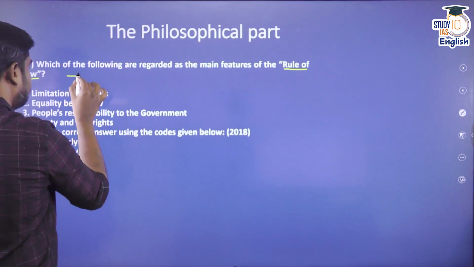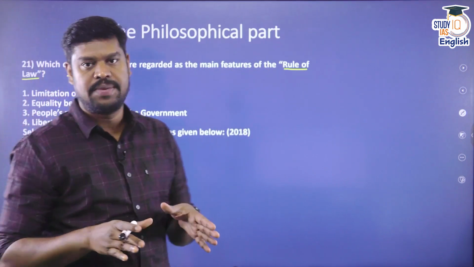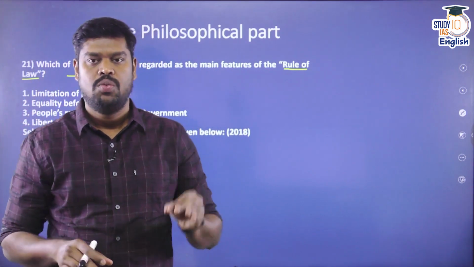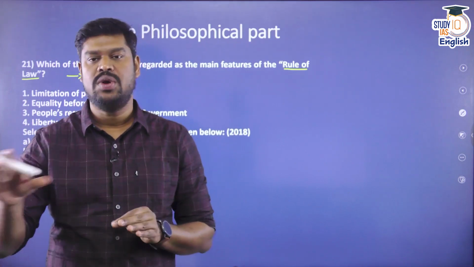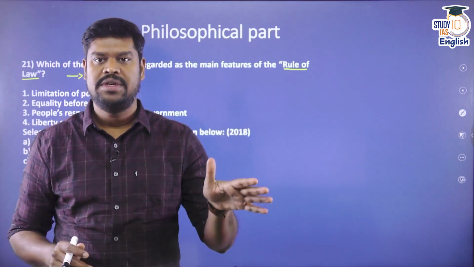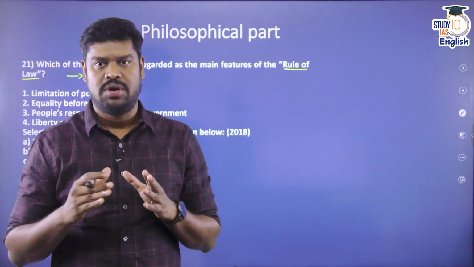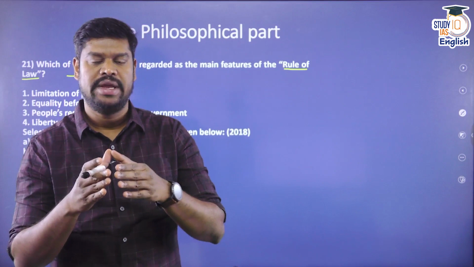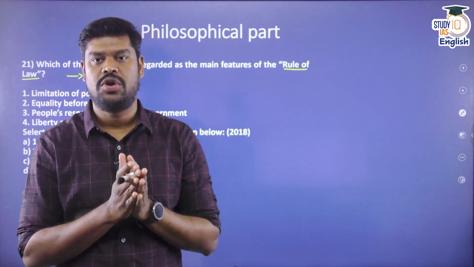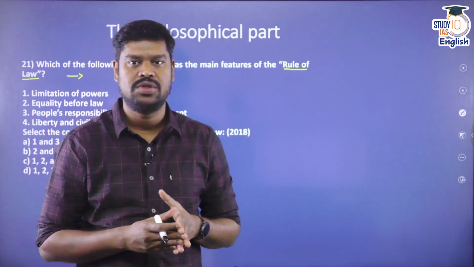What is rule of law? That means everything is governed in this particular country according to the law. Whatever the law says, that is how everything has to happen. Be it the prime minister, be it a poor farmer in this country, nobody is above the law and everything has to happen according to the law. Anybody who commits an offense will be punished according to the law. So this is basically what is called rule of law.